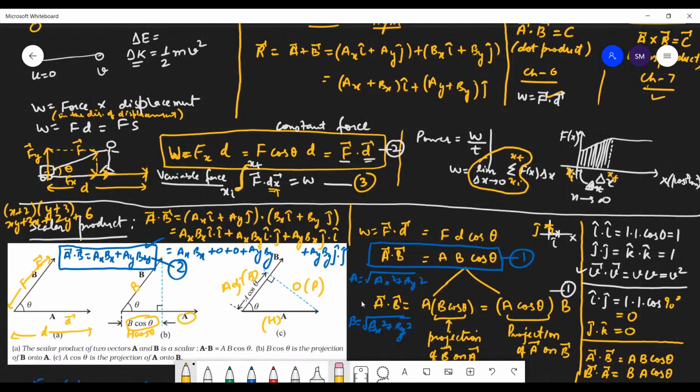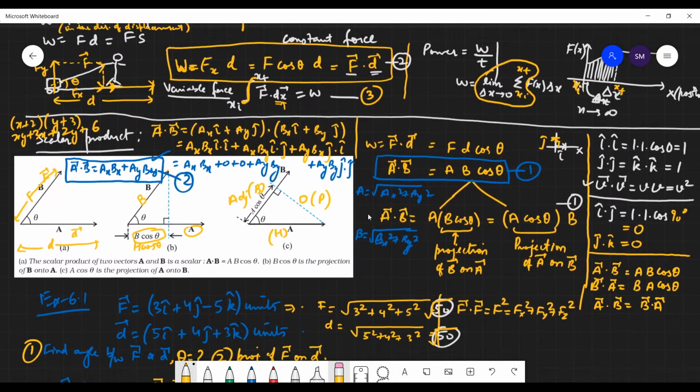And then we did the scalar product more in depth, A dot B. So this was A in 2D, I have written, you can write it in 3D also. And then multiplying it like we are multiplying x plus 2 into y plus 3. So you are distributing, using the distributive law. Here also it's the same thing: ax i cap dot bx i cap, ax i cap dot by j cap, and this way we have